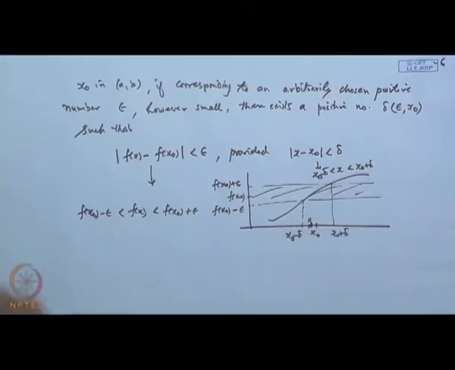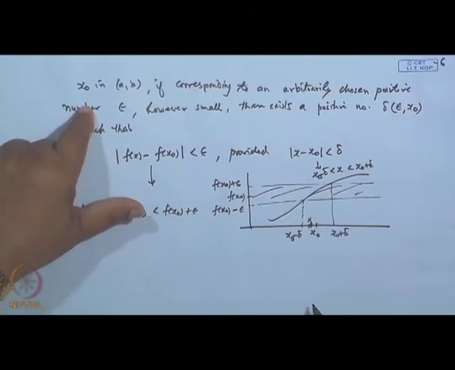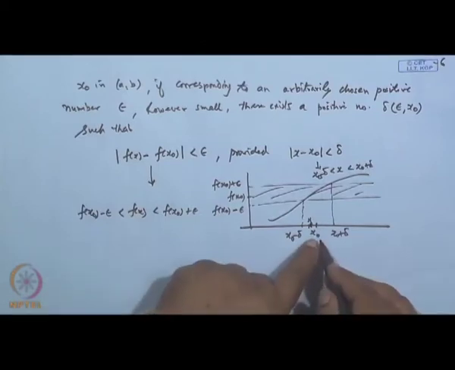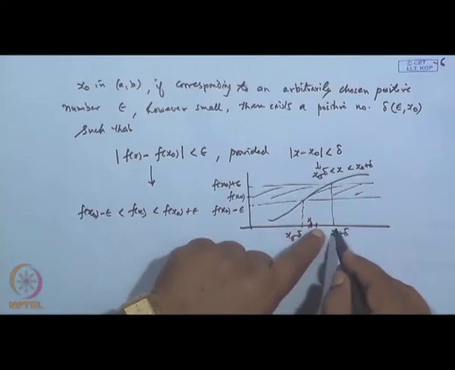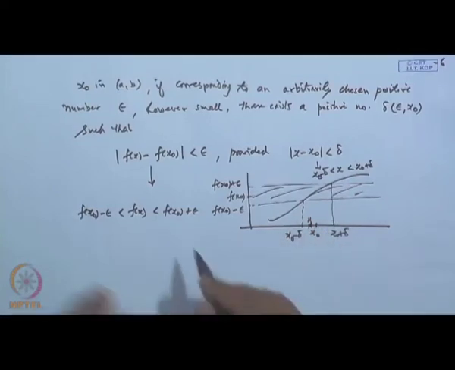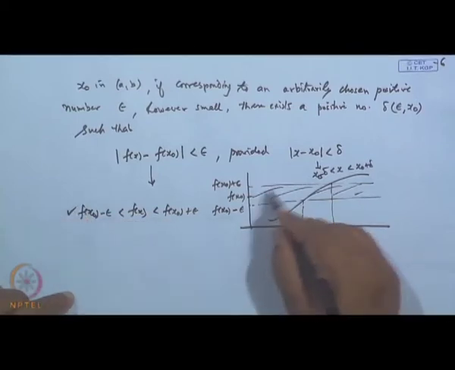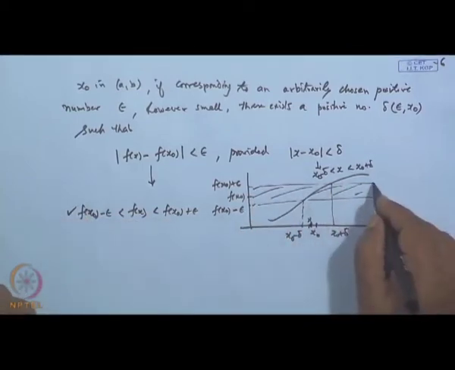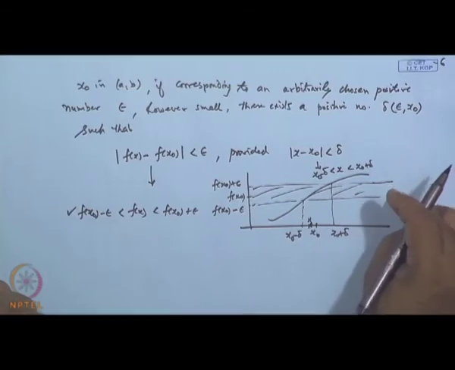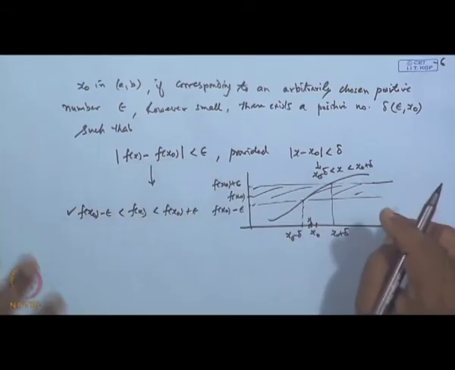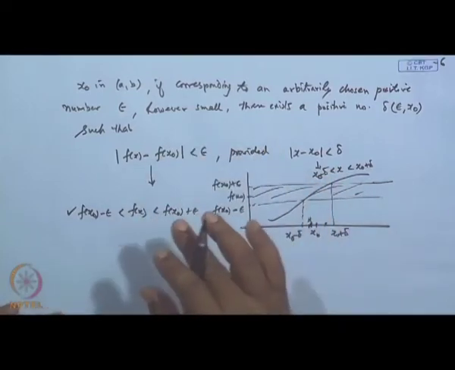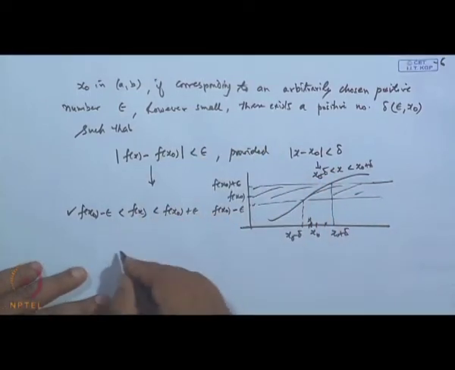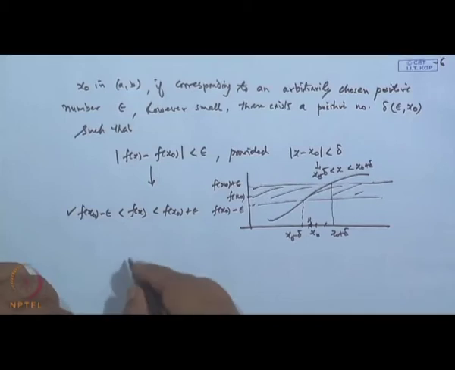So if f is continuous, then a neighborhood of x naught exists such that the image of any point x in this neighborhood will always fall within this 2 epsilon band, whatever point you choose. If so, then we say it is a continuous function. It means the total fluctuation of the function